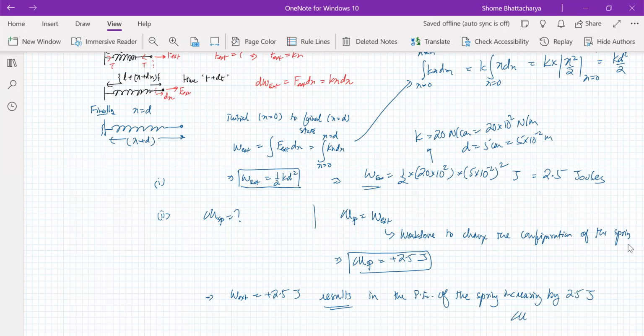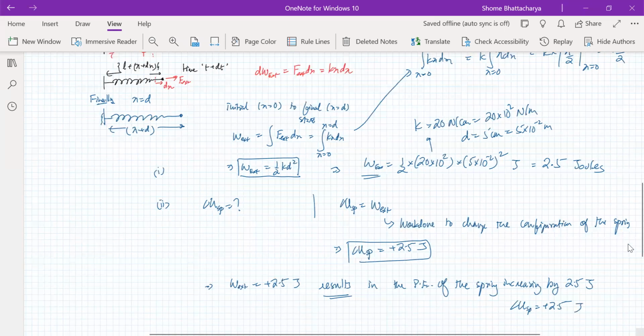So delta U of the spring is equal to 2.5 joules. In this particular case, in something else it might be different, but here the way the external agent is applying force to slowly extend the spring from 0 to 5 centimeters extension. In the process, the work done by him is plus 2.5 joules, and that work done increases the potential energy of the spring by exactly the same amount,